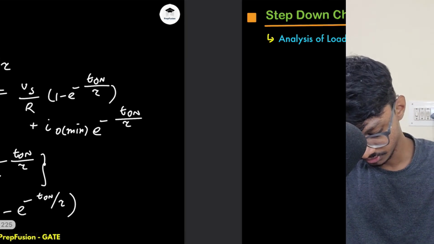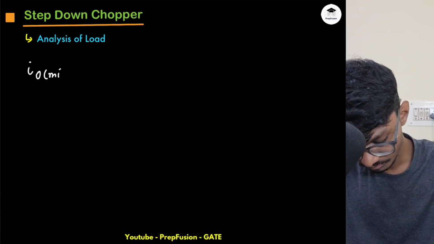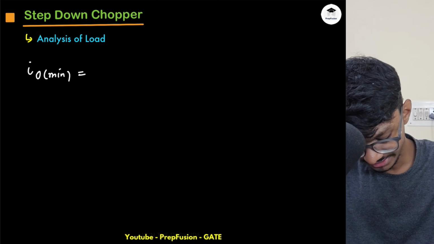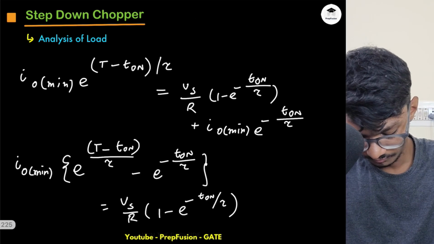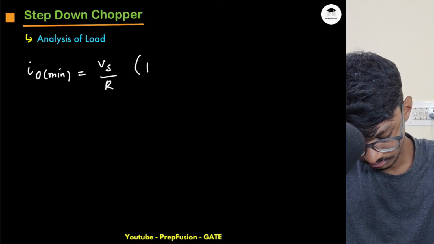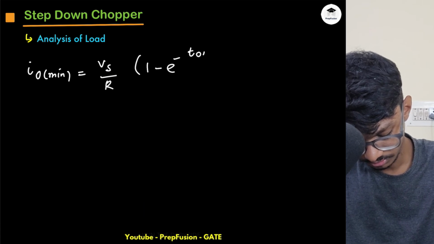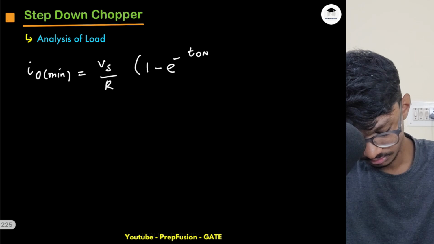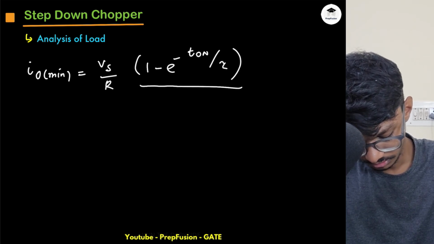So my IO minimum will be Vs by R and 1 minus e raised to power minus T on divided by tau, divided by